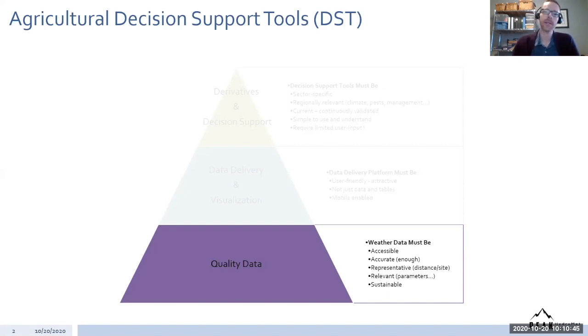And I think the biggest thing is quality data. That's sort of the foundation of everything. The data needs to be accessible. So, first of all, it needs to be available to whatever platform it is. It needs to be accurate. Now, I say accurate enough because accuracy is such a loaded term. You can be super accurate down to the 10th decimal place, or you can be good enough for what your decision is going to be. So I think that's one of the important things to look at, which always comes into play with weather monitoring, because usually the more accurate you are, the more expensive it is, and that could be cost prohibitive.